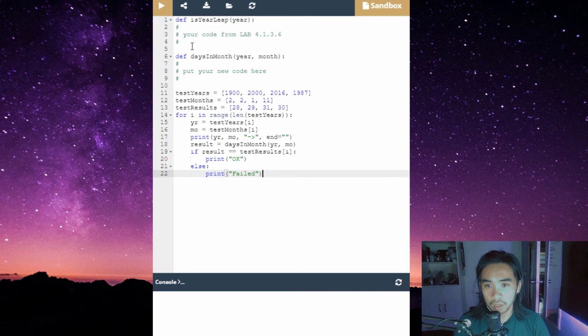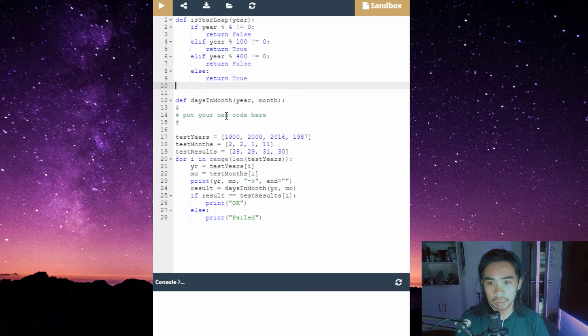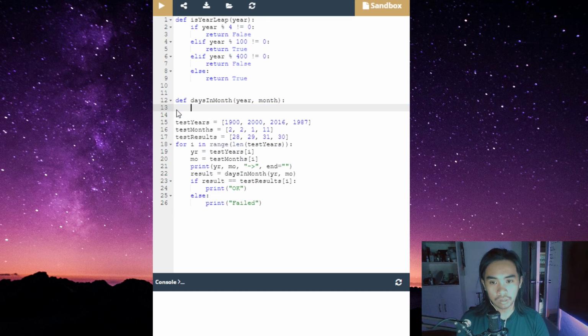So we can reuse our code from the previous example. Let me just copy our code real quick. Copy. Okay, then I'll just paste it here. Then here we're gonna put days in month, year, and month. So we're gonna put if year is less than 1582 or month is less than 1 or month